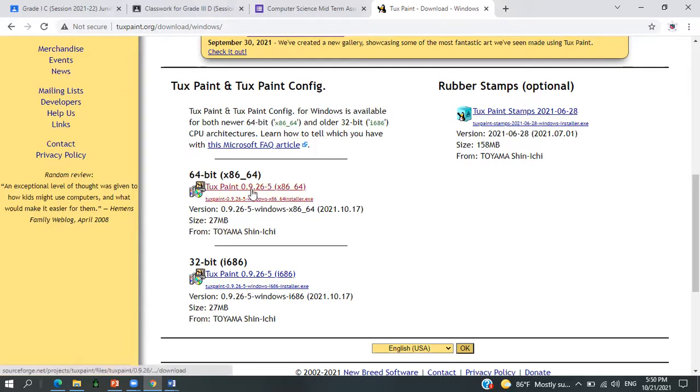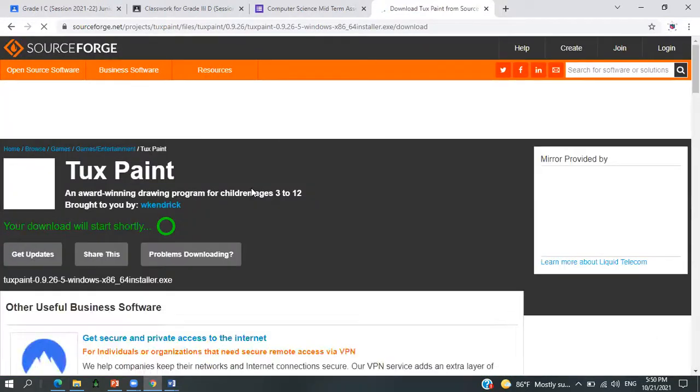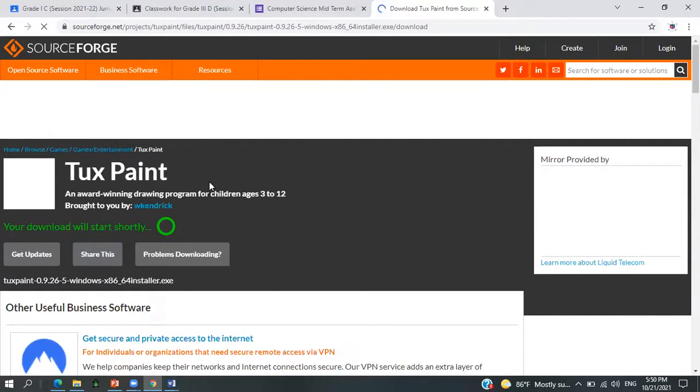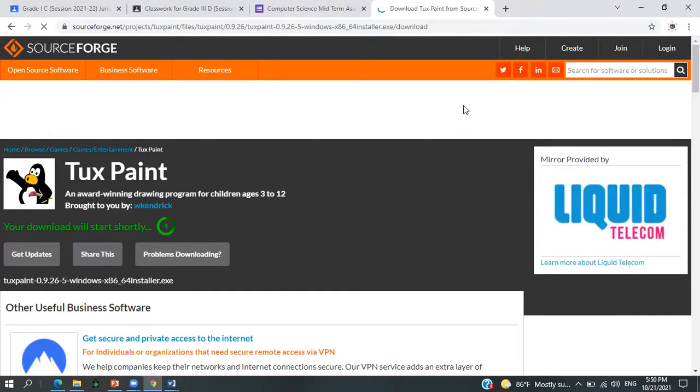So I will go for it. And once you carry out this one, see, the download will start shortly. This way you can download it very easily, and once you download, the logo will appear in your startup menu in your Windows. I hope it is clear to you, my children.